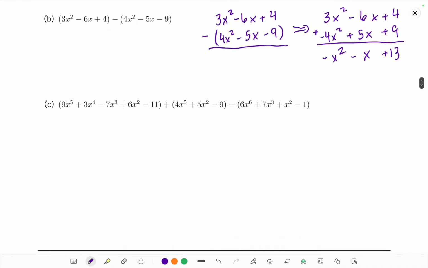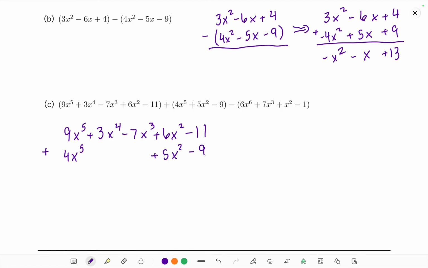And then C. We have 9x to the 5th plus 3x to the 4th minus 7x cubed plus 6x squared minus 11 plus 4x to the 5th plus 5x squared minus 9. So notice how I left blanks? You can go ahead and put 0x to the 4th and 0x cubed, though, if you're not comfortable with there being a blank. And then minus,